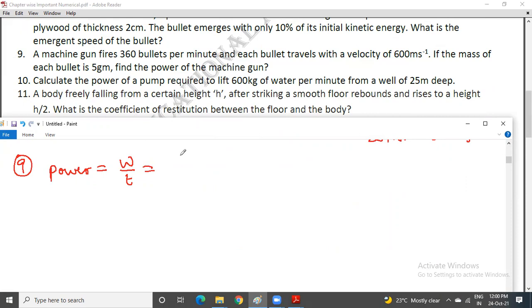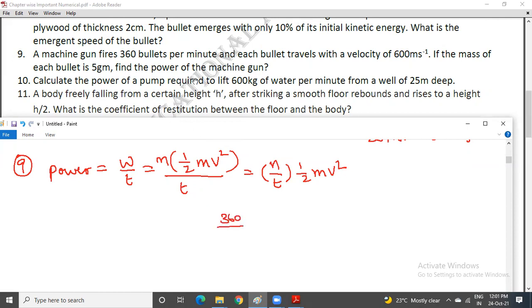So energy spent in moving the bullet is in the form of kinetic energy. But how many bullets? N bullets. Each bullet is having kinetic energy, their own kinetic energy. Now N by t into half mv square. So in words they mentioned in the question, 360 bullets per minute. So N by t itself is 360 per minute means how many seconds? 1 minute equal to 60 seconds into half. How much is m? M is mass given. Mass is 5 gram, 5 into 10 to the power of minus 3,